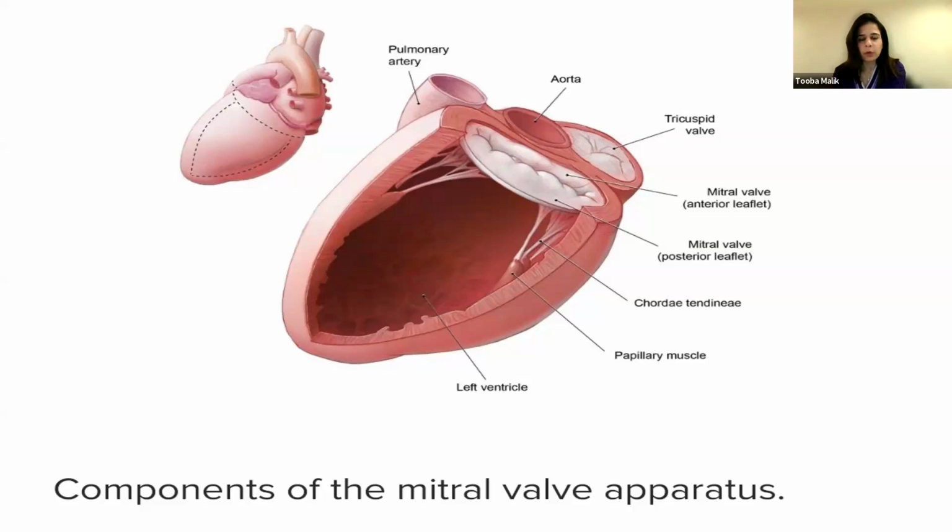So let's talk about the anatomy first. As you can see from the picture, there's a picture of the mitral valve apparatus here. So the mitral valve itself has the annulus, which is the cusp that holds the mitral valve leaflets. And there's an anterior leaflet and a posterior leaflet. The leaflets are attached via the cords, which are chordae tendineae, and then the papillary muscles, and then to the